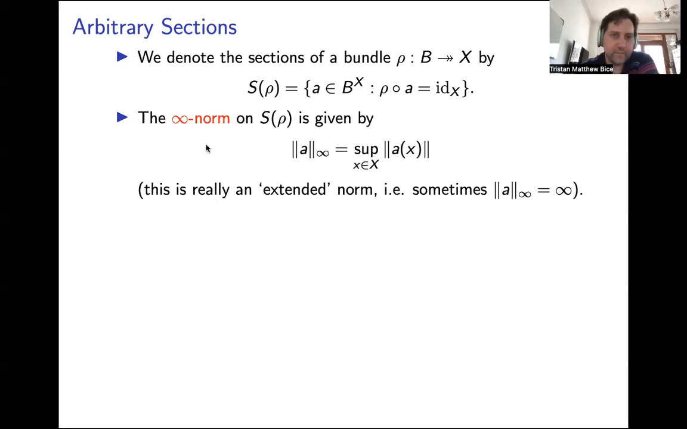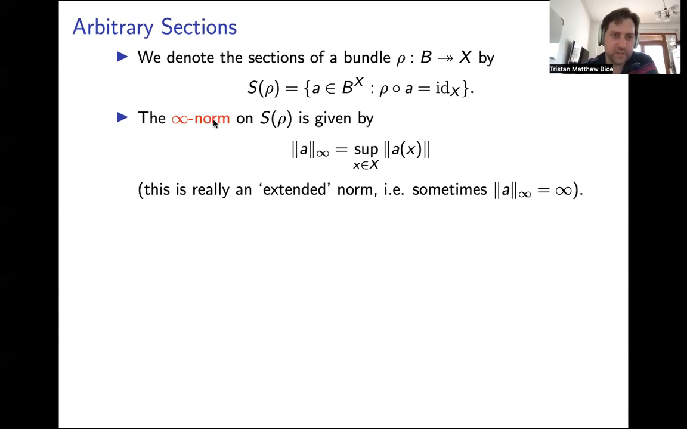Now we can define the infinity norm, or the supremum norm, or the uniform norm, whatever you like to call it. Let's call it the infinity norm on these sections, just as you would expect by the supremum of all the norms of all the values that you have here, all those x's in your base space. Yeah. And I'm calling it a norm, but if I was really being sort of precise,